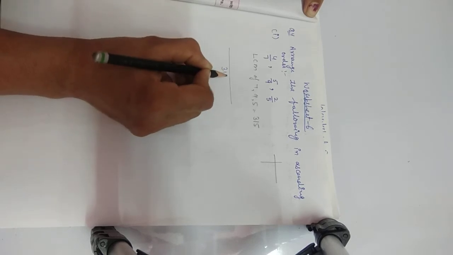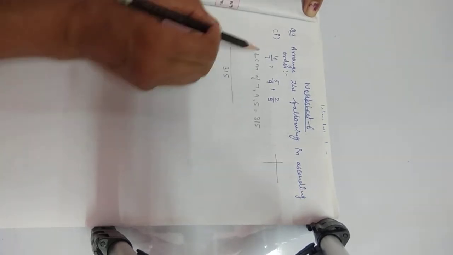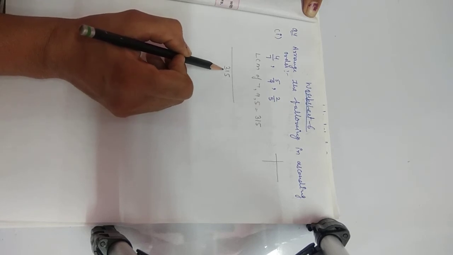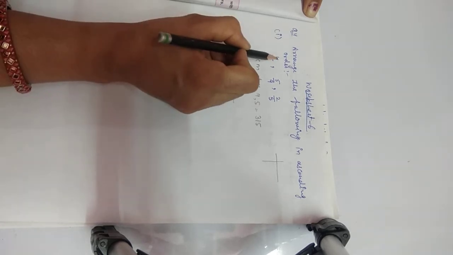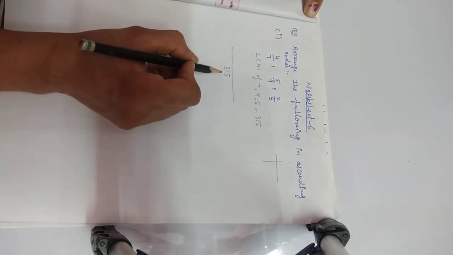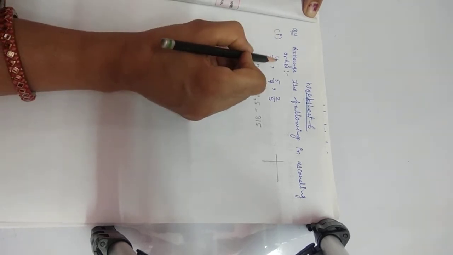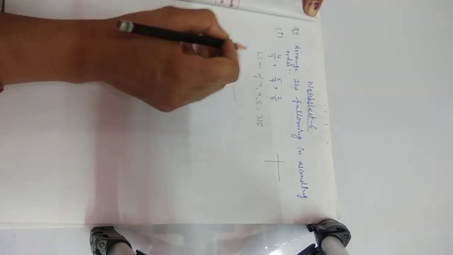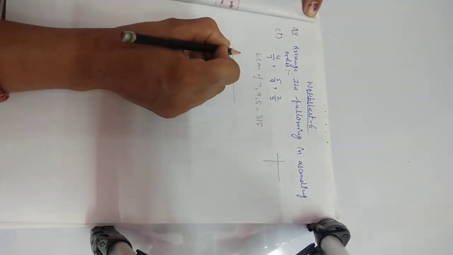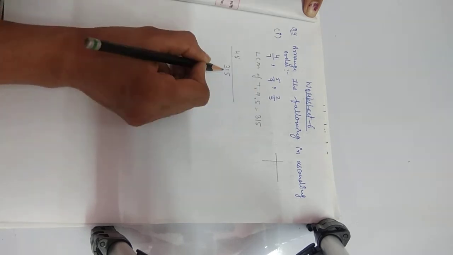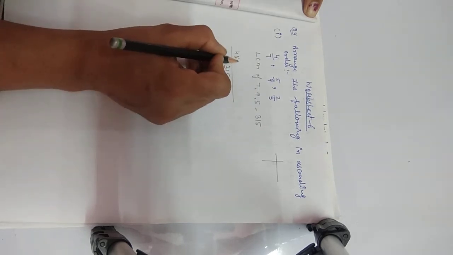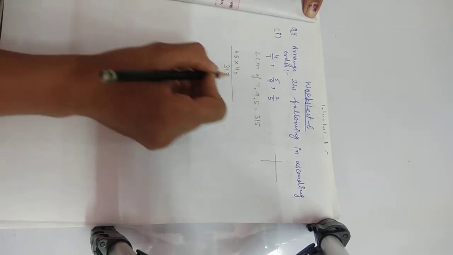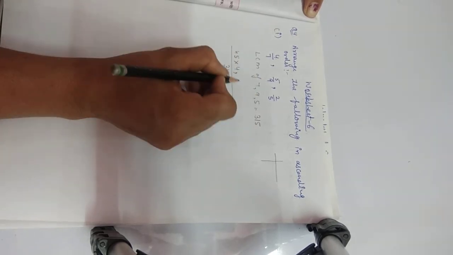Now 315, how to solve it? You will divide 315 by the denominator, and the quotient you will multiply with the numerator. आप डिनोमिनेटर को डिवाइड करेंगे और जो क्वोशंट होगा उसको आप न्यूमरेटर से मल्टीप्लाई करेंगे. When you divide by 7, the quotient is 45. जब आप 7 को 315 डिवाइड करेंगे क्वोशंट 45 और multiply by the numerator, that is 4. Next, 9 divided into this, it will be 35.